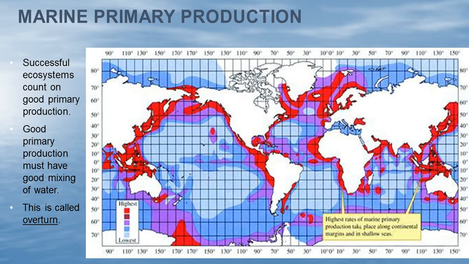Notice the rest of the ocean has some activity in it because those floaters in there are also going through photosynthesis. But we also notice that there's going to be movement among these areas right here. So the major thing we're looking at here is called overturn, how the water's going to turn itself. We're going to see how the temperature of the water, the winds, and the Coriolis effect all will help with mixing the waters up and keeping them going so that we have plenty of gases being dissolved in there.